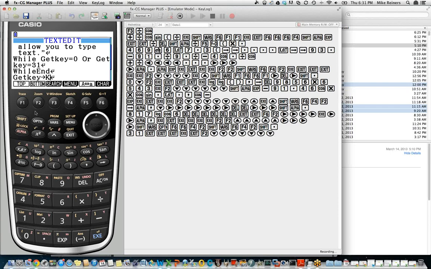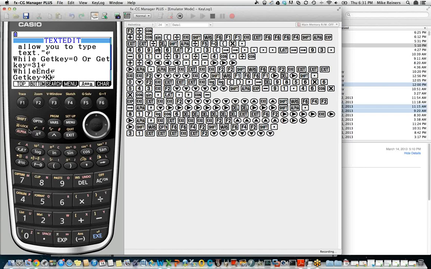So we need to exclude some other keys also. We need to exclude all of these keys, F1 through F6. We need to exclude shift and option and variables and menu. We need to exclude, well, we don't want to exclude the arrow keys because the arrow keys are potentially going to move our cursor through a program, so we won't necessarily exclude those.